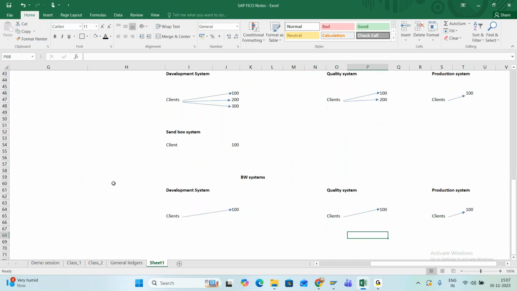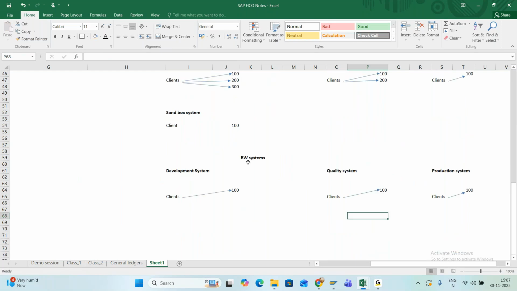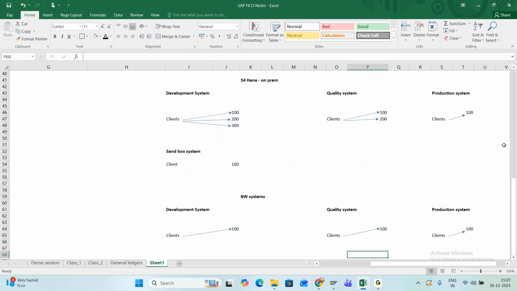Now there should be a transport, right? If you are doing any customizing, if it's an SAP FICO consultant doing customizing, a TR gets created. The TR will move from the development system to quality and from quality to production system. In the same way, in the BW system also, the TR movement will happen the same. So for the TR movement,